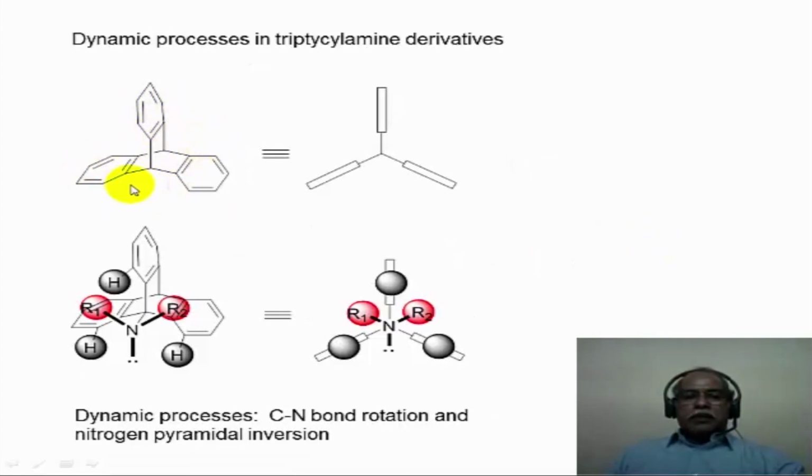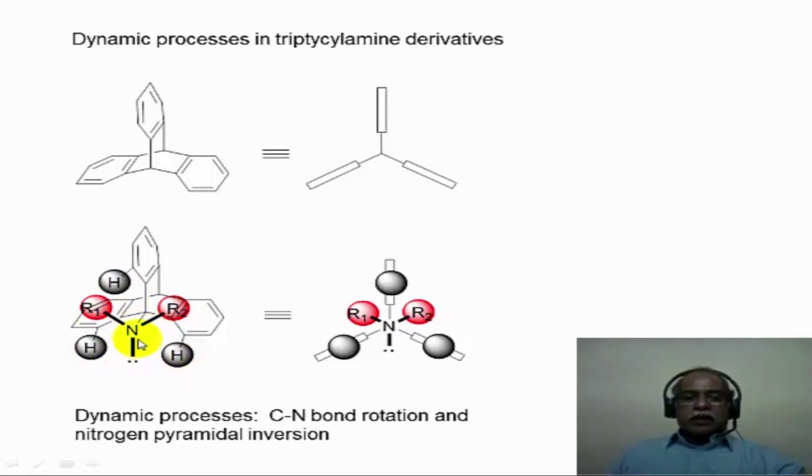Now this is a propeller shaped molecule. This molecule is called a triptycene, and this is a propeller shaped molecule, for example. In this molecule, when you put a substituent here, that substituent is hindered from rotating freely by these three hydrogens which are indicated. In other words, a cartoon representation of this molecule is shown here. This is a conformation of the molecule. You can see very clearly that the nitrogen substituent present in this cavity, the free rotation of the nitrogen is going to be hindered by the bulky groups present on the nitrogen interacting with these three hydrogens which occupy these positions. So the rapid rotation of the carbon-nitrogen bond is not possible in this molecule.